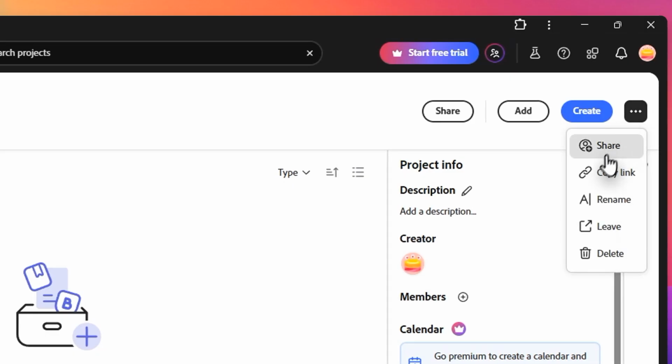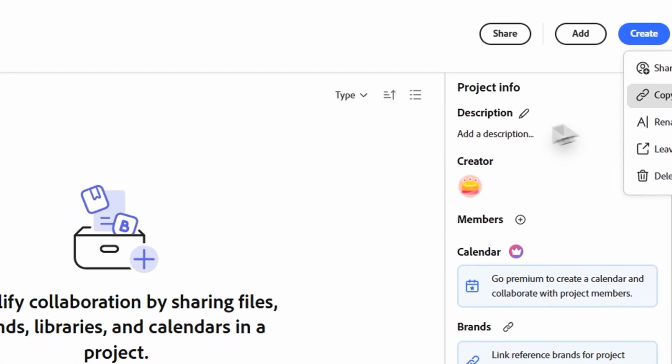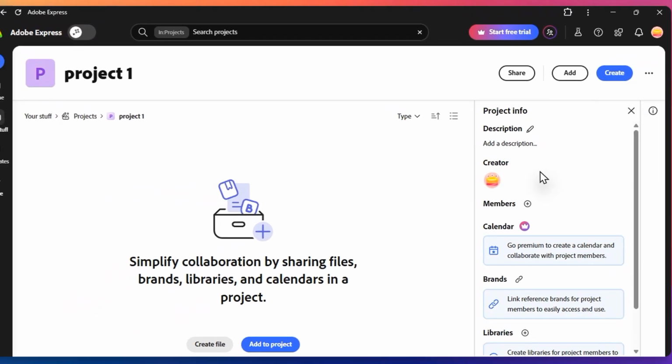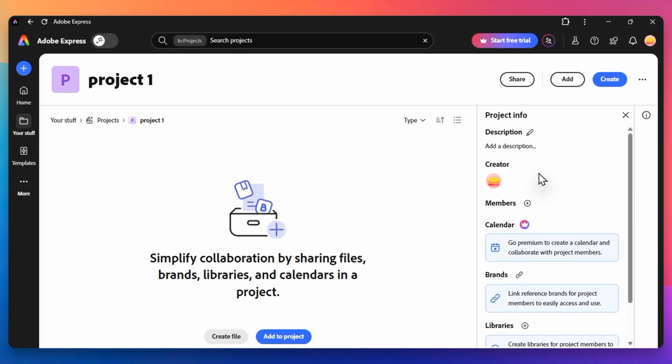Click those 3 dots to open a drop-down list of actions you can take. Among the choices, like Rename or Move, you will see the Duplicate option. Simply click Duplicate, and Adobe Express will instantly create an exact replica of your project